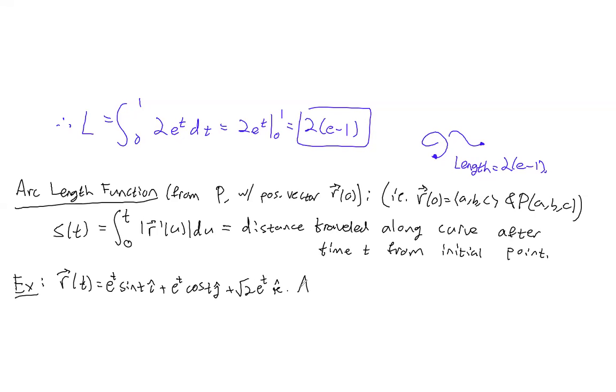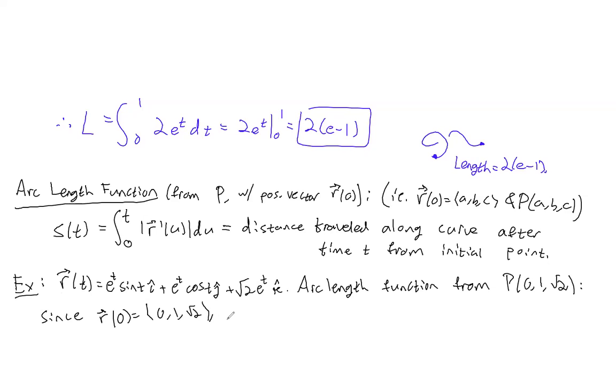So the arc length function from the point P, 0, 1, root 2, that's satisfied at t equals 0. So since r of 0 is 0, 1, root 2, we get that s of t